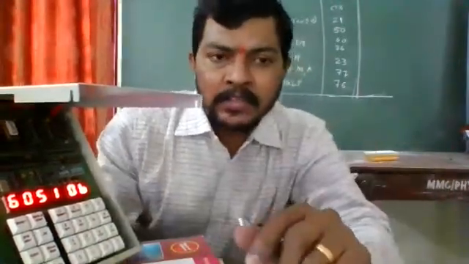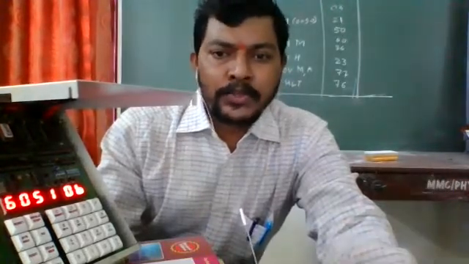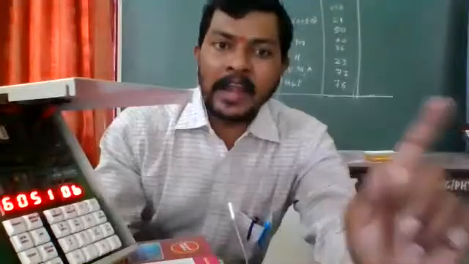See what answer came. The answer is 0B. Is it correct? Is 0B equal? Hello, tell me, is 0B correct? Yes sir, it is correct, because 05 plus 06 is 11, and in hexadecimal 11 is 0B, right? So this is how we are performing the program using memory location.